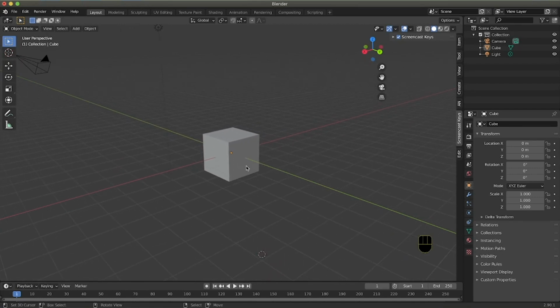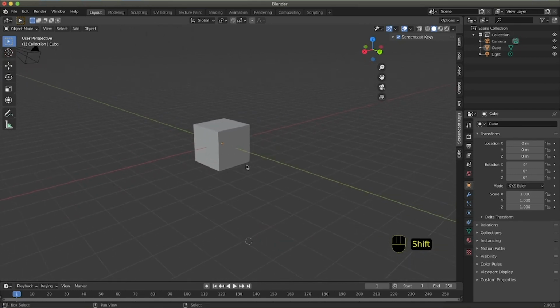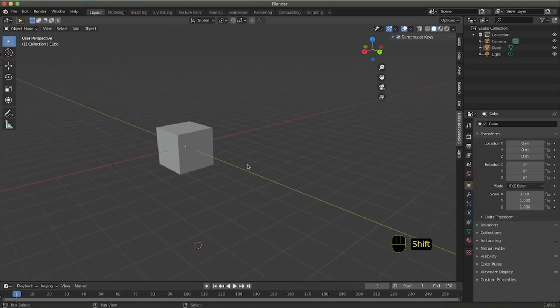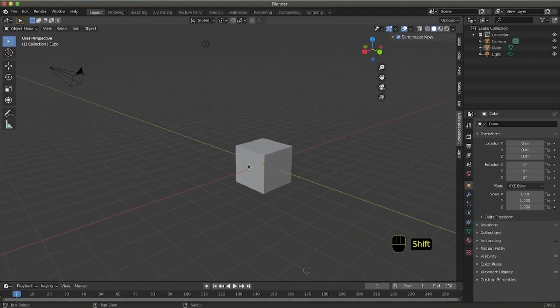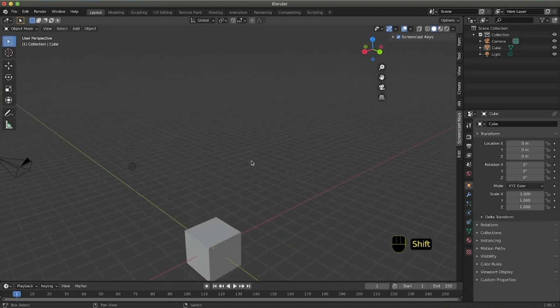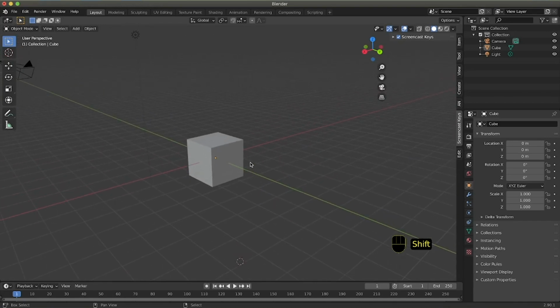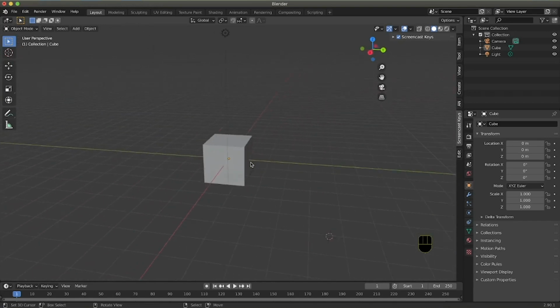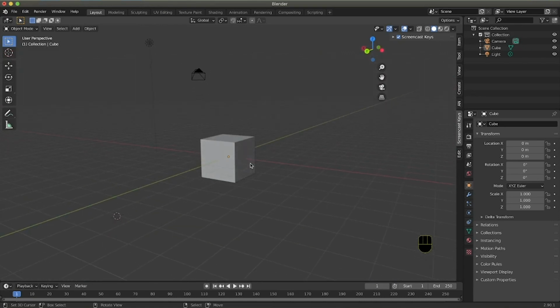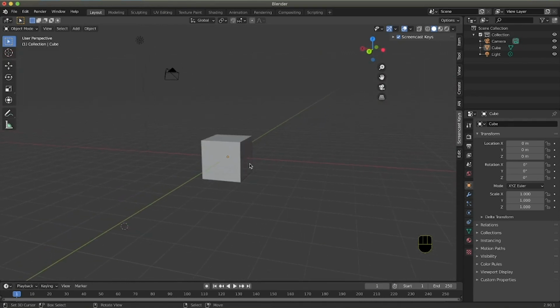If you want to pan instead, you have to press Shift and again the middle mouse button or sensitive area on your mouse. This way you can pan left, right, or top and bottom. And that's it. These are the three main movements you will have to use in Blender.